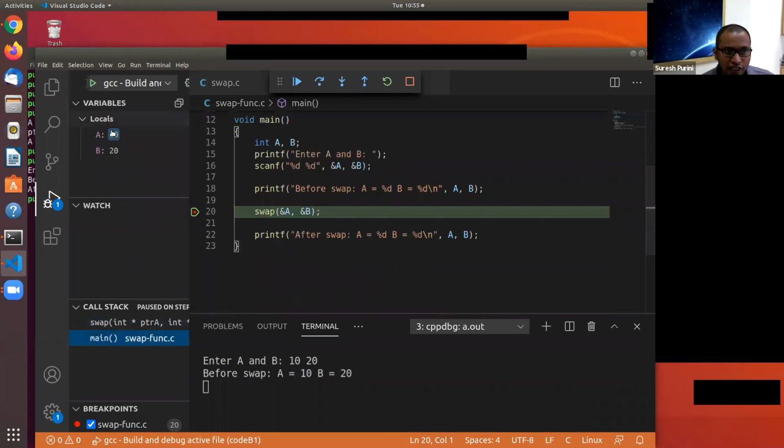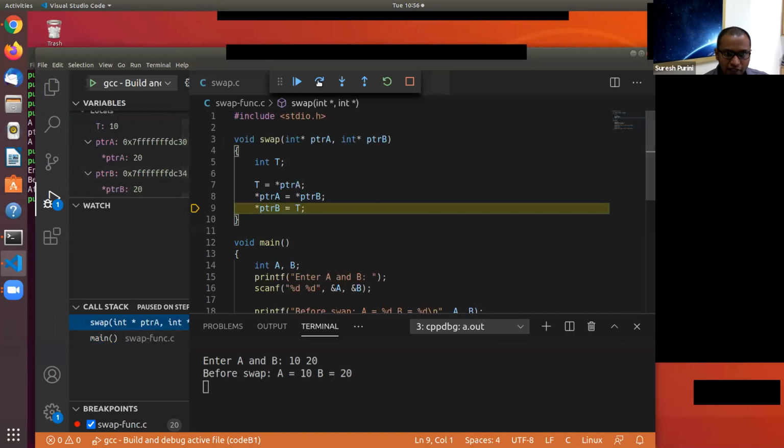Now, if you go and check the call stack associated with the activation record associated with main, the variable A got modified to 20. Are you all with me here? How many of you are with me here? Am I audible? So this is very, very important. Tracing this whole code using VS Code in this particular fashion is very cool.